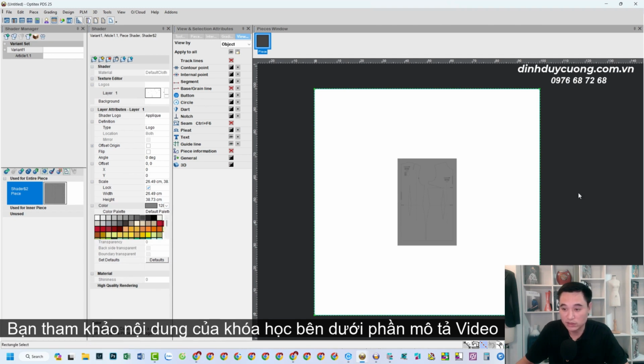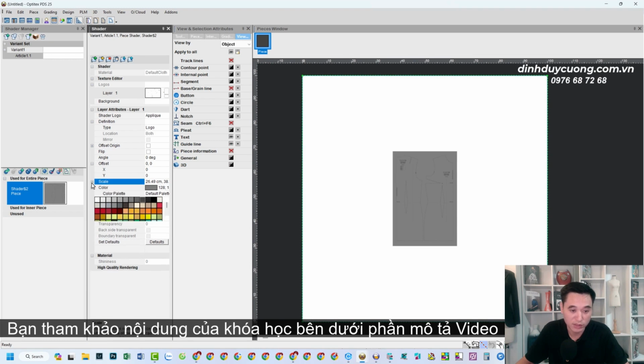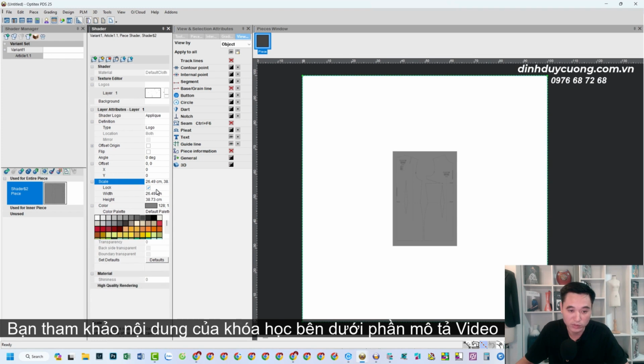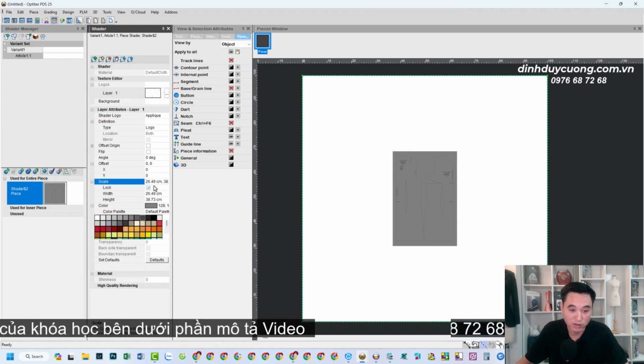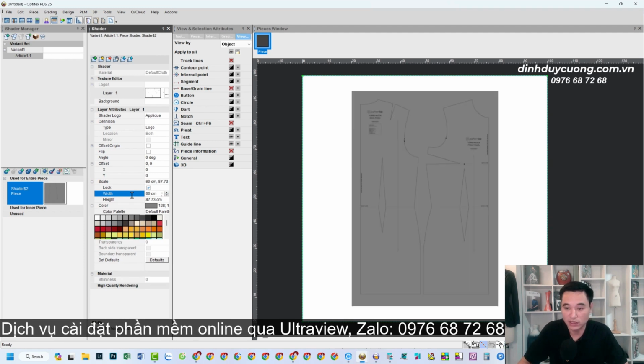Next, if you want to enlarge the specific image you just added, look directly below and you will see a line labeled scale. Normally, this scale line might have a small plus sign. If you click that plus sign, it will switch over to a minus sign. Then you can enter the exact size you want right here. For example, if you want to set the width, just type it in here. Say I type in about 60 here. Press enter and the size of the image will increase like this.